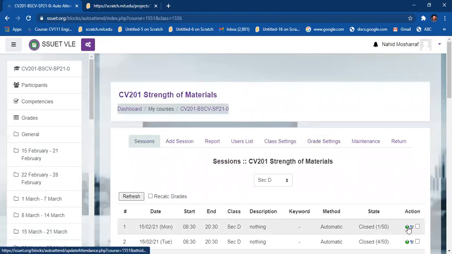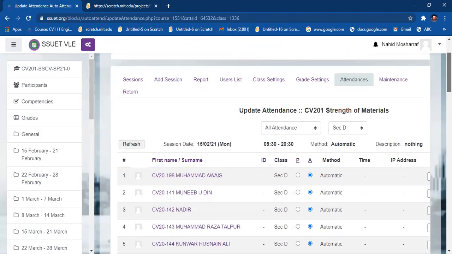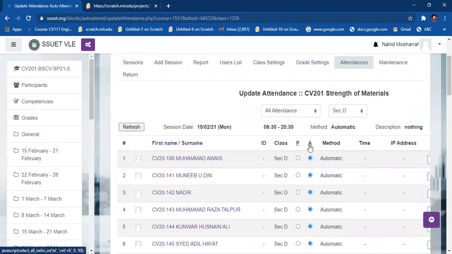So what will happen, I have to go into take attendance. Now you can see there is no option of not called. So there is the option of present or absent and nothing else. So you will find it easier to mark attendance for the student. Obviously I will provide the automatic attendance over here, because in this semester we are working on the hybrid system. So 50% of students should be present in the physical classes, and we have to provide lectures for the other 50%, so they have to study online. So it will create distance, and it will reduce the burden from the infrastructure and from the teachers as well.